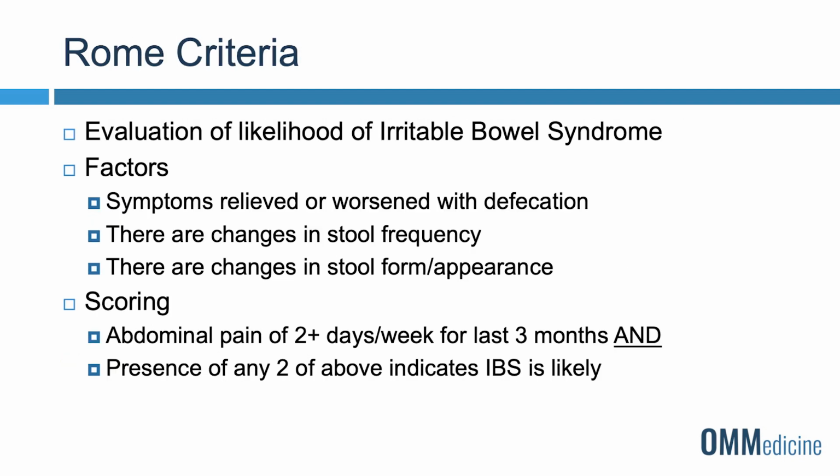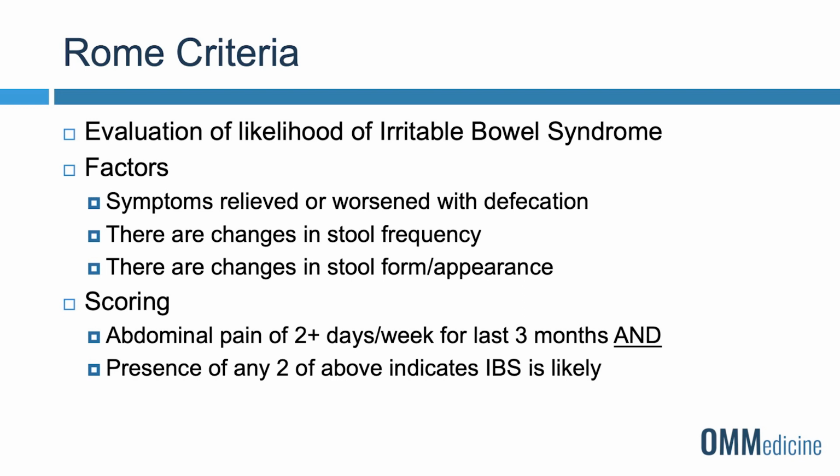And the last scoring system we will discuss is something called the Rome criteria, which is a scoring system used to assess whether the patient's symptoms are likely due to irritable bowel syndrome or to another diagnosis. So there are technically 4 components of the Rome criteria. The one that typically needs to be met under all circumstances is that the patient is experiencing abdominal pain for 2+ days of the week for the last 3 months, and then you will also need at least 2 of